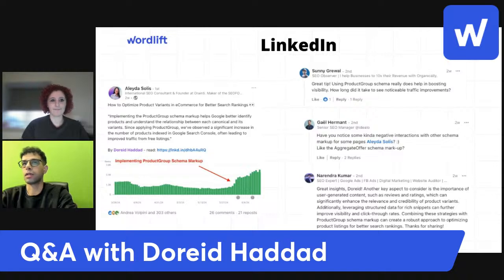I'd like to answer this question because usually when we publish the schema markup, when we publish the product group, within just a few days we will be able to start seeing the data on Google Search Console. Even in this chart here, when we see the data from Google Search Console, just a few days after we can see it. This depends, of course, on the dimension of the e-commerce, but usually just like 2-3 days, Google will start seeing the